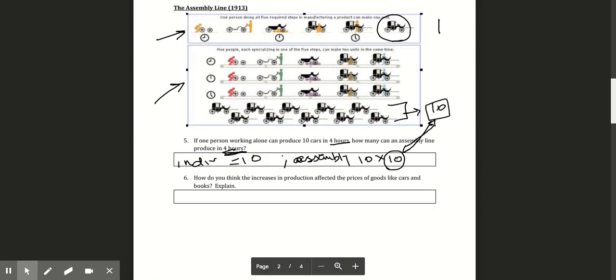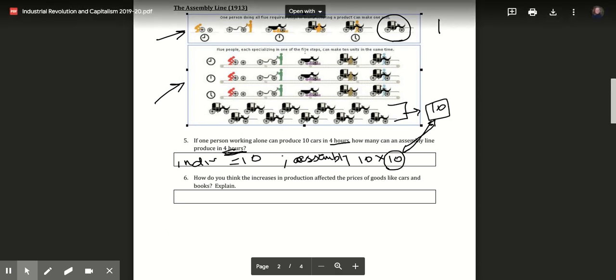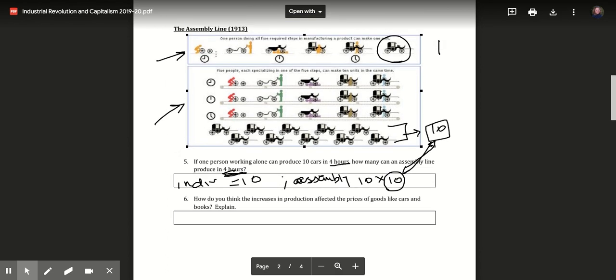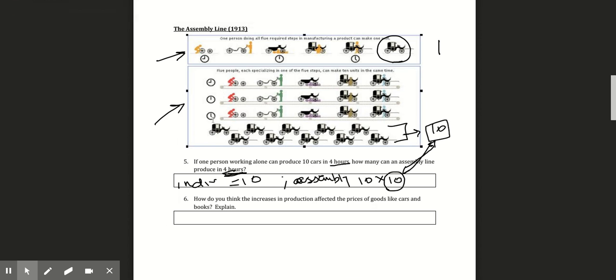The assembly line graph is probably one of the more confusing ones. It takes this top part where one person is doing all the aspects of producing a car over 1 unit of time, in this case 8 hours. One person's able to produce 1 unit. Compared to an assembly line of 5 people, same amount of time, so 9 o'clock, 12 o'clock, 5 o'clock, same time frame. The assembly line produces 10